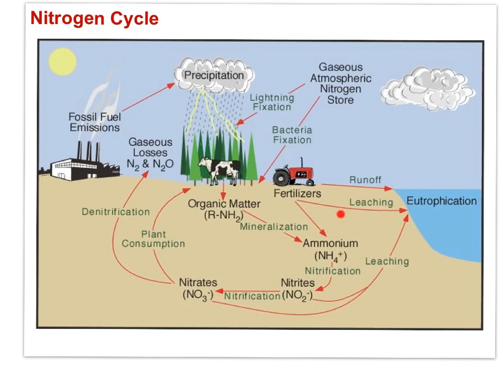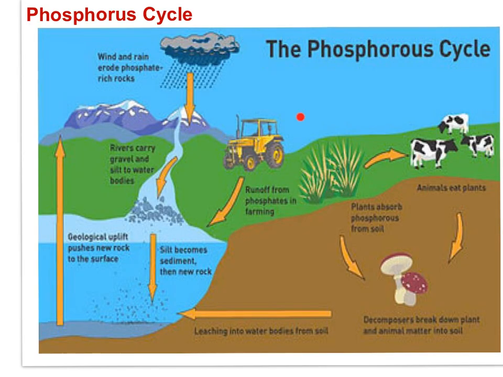In this image, notice the leaching of nitrogen into waterways, rivers, lakes, and ocean. The over-fertilizing of agricultural land causes a pollution problem known as eutrophication. I've spoken about the use of phosphate fertilizers in agriculture as a disruption of the phosphorus cycle. And I've spoken about the harvesting of crops moved to distant markets as a loss of soil phosphorus. Notice the runoff of phosphorus into waterways, rivers, lakes, and ocean. The over-fertilizing of agricultural land causes a pollution problem called eutrophication.